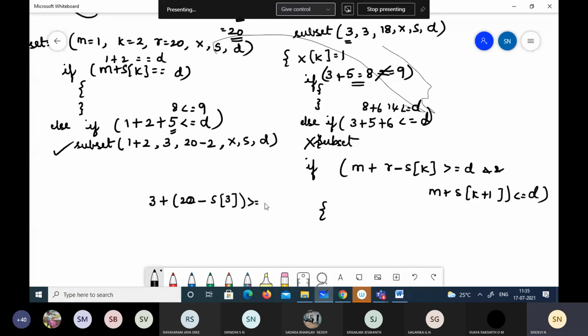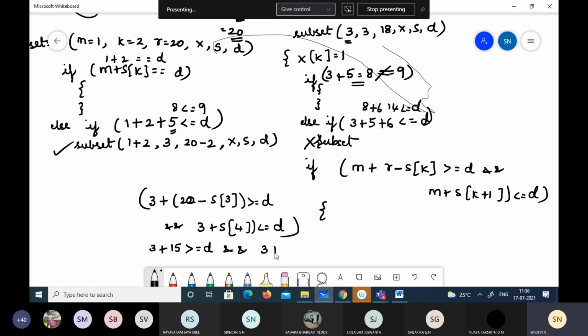If it is greater than or equal to D, and 3 plus adding the next number. If it is less than or equal to D, then I can take this number. So let me check this. 3 plus 20 minus 5, 15. Yes, 18. It is greater than D.